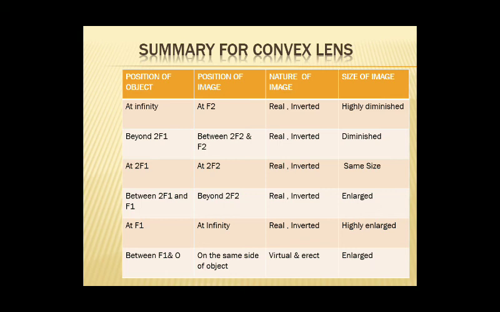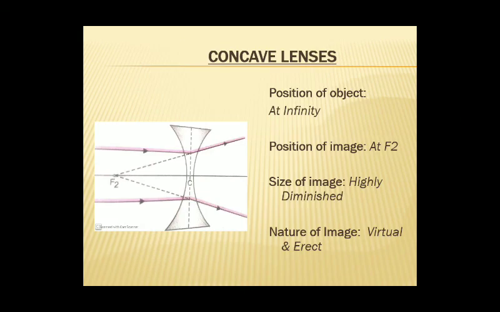So any one of these. Now come to the concave lens. In the concave lens, the very first case: if parallel rays are coming, this figure I have taken from the NCERT only, right? Slightly you might be confused because exact parallel lines are not appearing. If parallel rays are there, as per the rule, they will pass through the lens because lenses are transparent, but they diverge. On the right hand side, if any observer is there, it appears that these rays are diverging from the focus. So position of image: focus, highly diminished, virtual, erect.